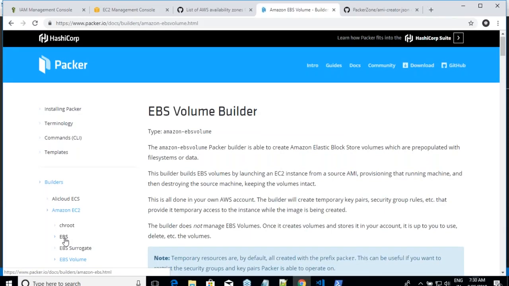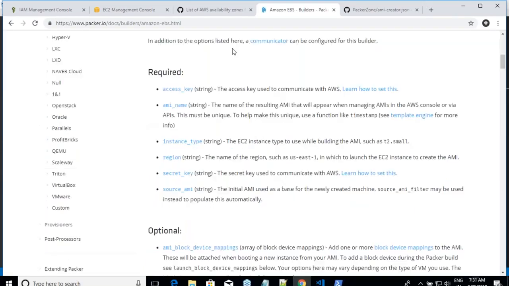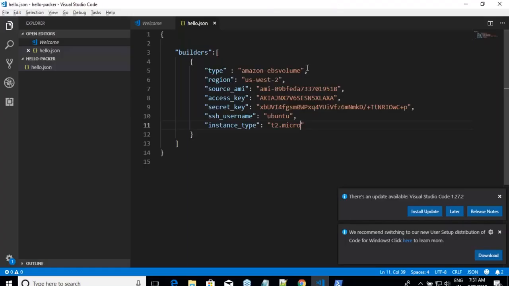Yes. Scroll down, and if you are seeing over here, you have to tell what is an access key. You have to tell the AMI name. AMI name is the name of your image, right? And then the same thing, exactly the same thing. So now let me make those two changes. Source type is Amazon EBS. You can look at an example where you will get a whole idea about it.